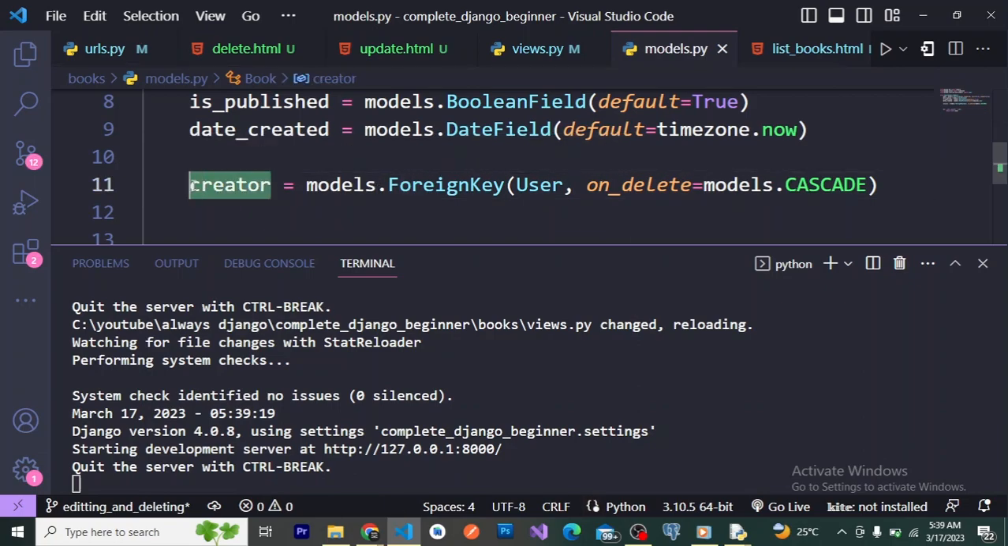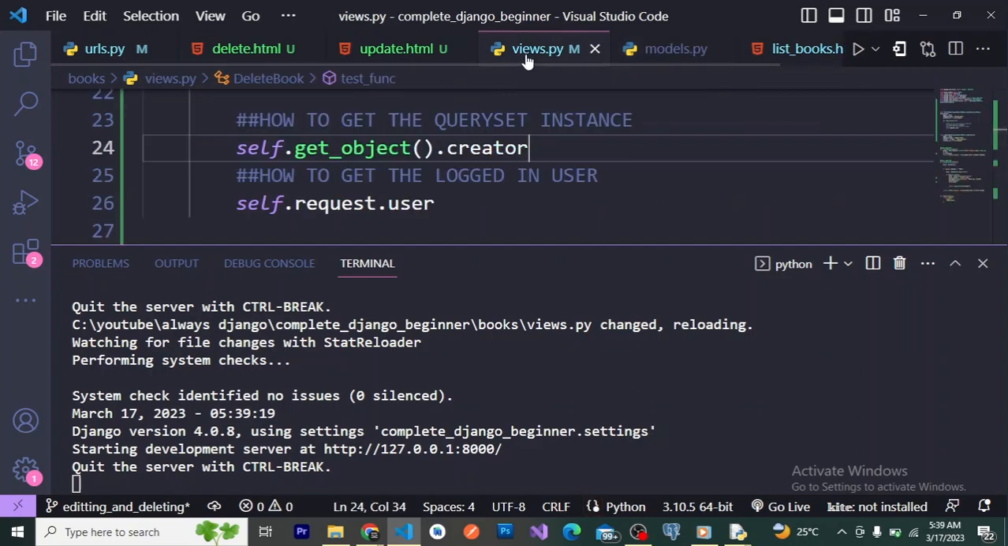This creator is the user that created the book, the logged in user at the time. So you want to make sure that the logged in user is also the person that created the book, and is the user allowed to update and delete the book instance, right? So we want to make sure that self.getObject.creator is equal to